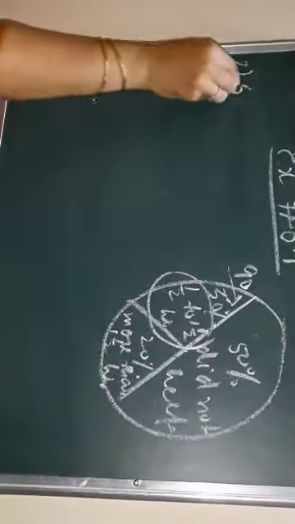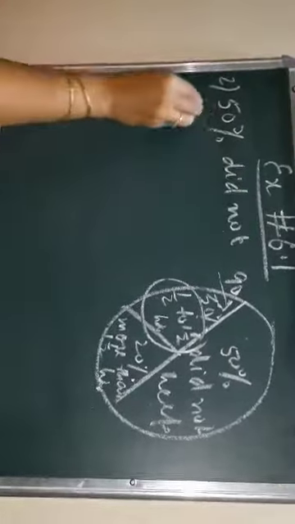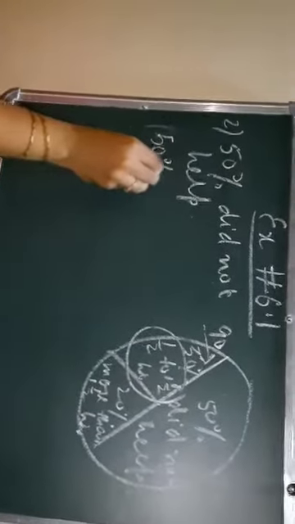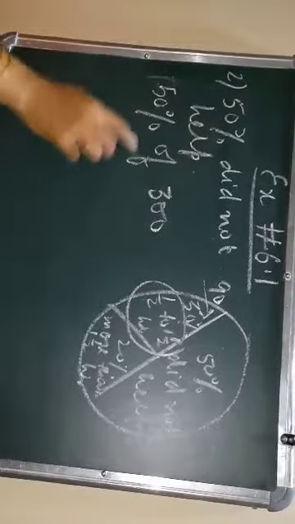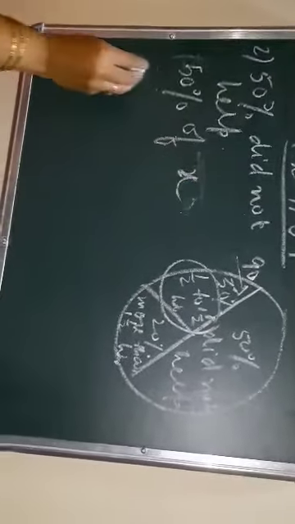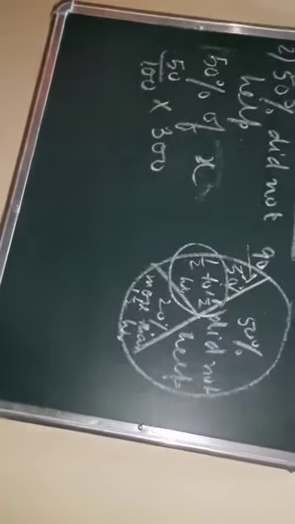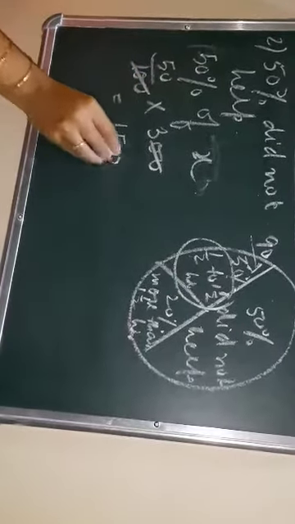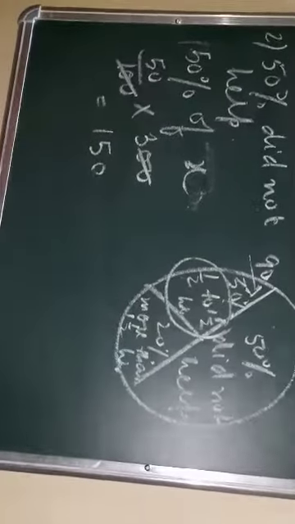So we can find it in number now. 50% did not help, that we know. So in number, how will you find? You know that 50% is of x, and x we have already found. It is 300. So we will just find out 50% of x. You can write it as 50 upon 100 into x, since we have already found it is 300 now, and just solve it. It will be 150. That means 150 parents are there who did not help their wards at all.